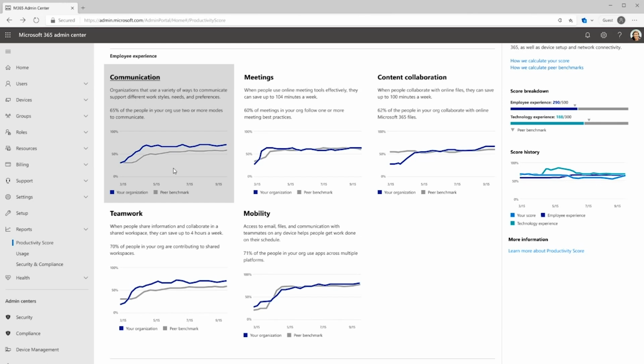It facilitates you to meet your business objectives by enabling your most important asset, your people, to achieve their highest potential. Microsoft 365 not only enables your workforce to achieve their highest productivity, but now also quantifies this as a measurable score. It shows you if people are communicating using flexible ways that suit their work styles and needs, if they're using meeting tools effectively to save each other time, or if they're collaborating on content with others in the cloud, or if they're working together in shared